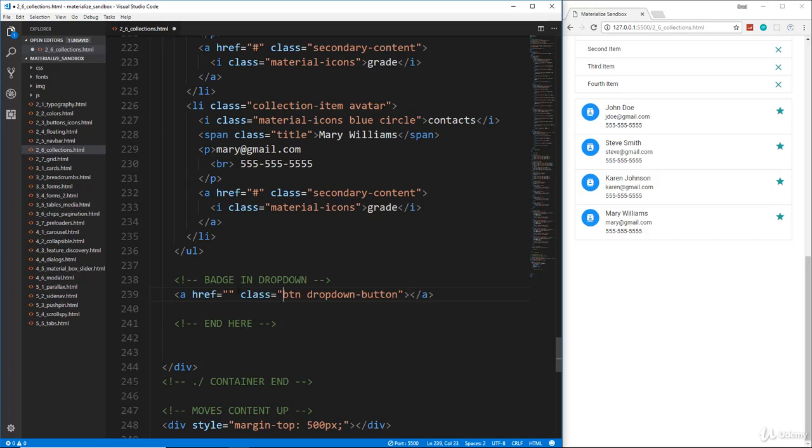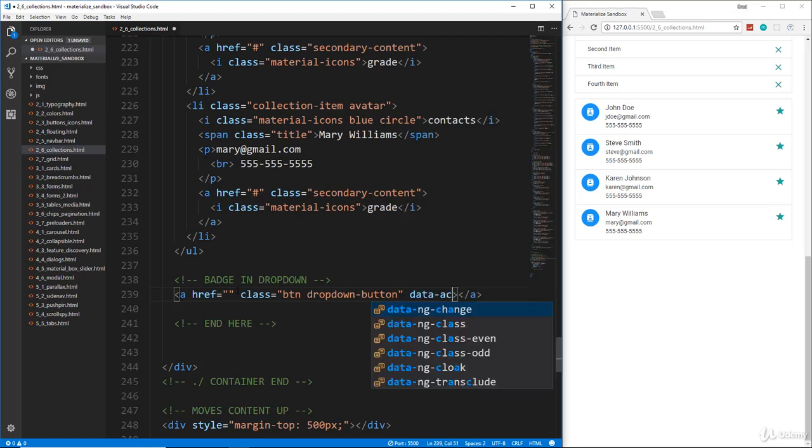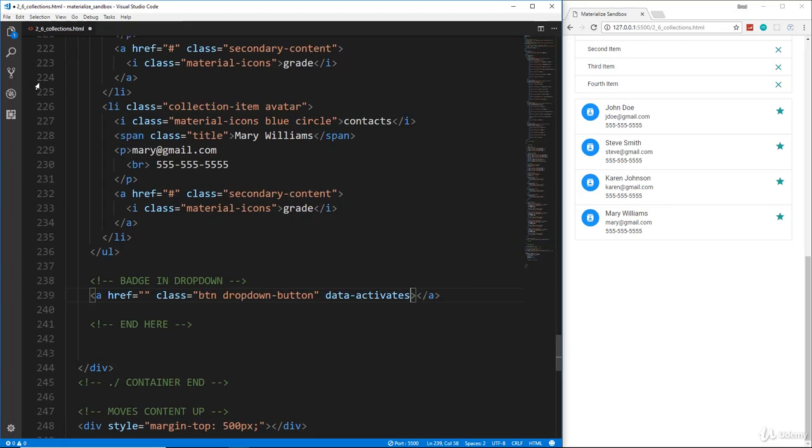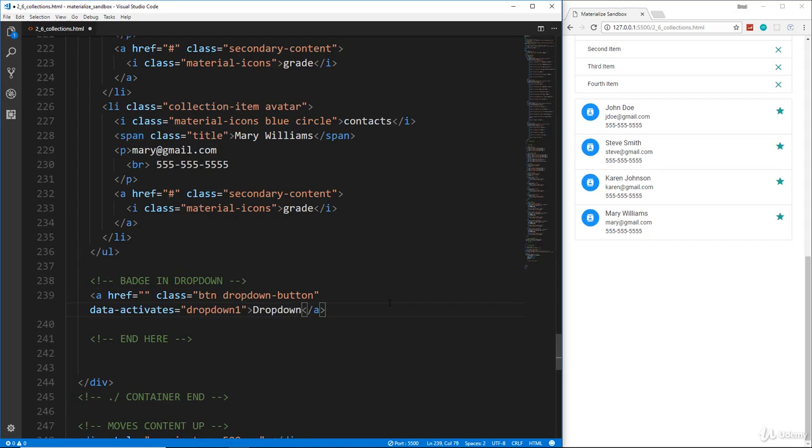Okay, and then we're going to give it a data-activates. Let me close this sidebar up. So our data-activates, I'm going to set this to dropdown1, and inside here let's just say dropdown,